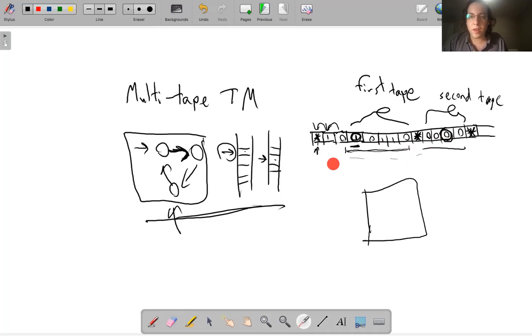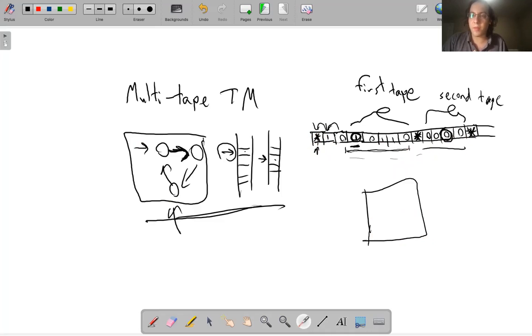So using this strategy, and also remembering the subroutines that can expand the space for these tape cells when you need to, you can simulate a multi-tape machine with a single tape Turing machine,